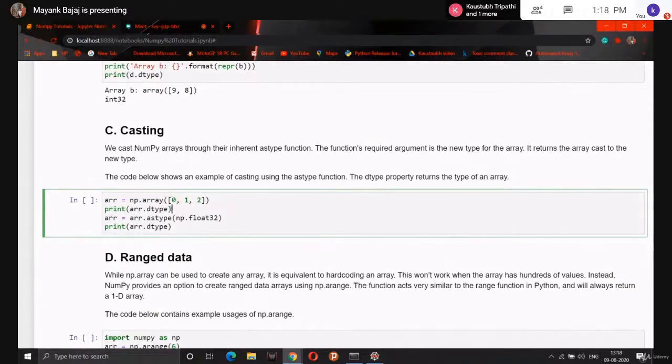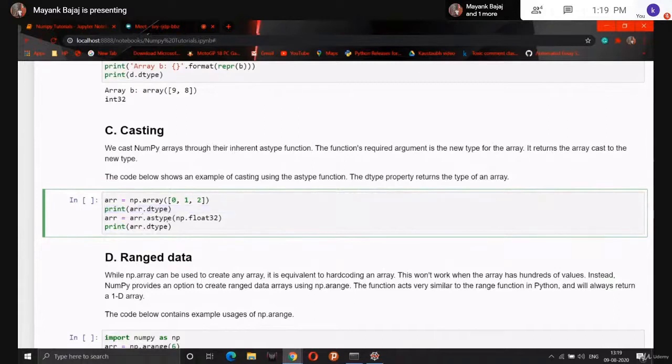Can anyone tell me which data type will be printed as an output? Guys, in the chat section, can you write what this array.dtype line I am highlighting will print. I had told you above also, this example. Yes, many of you are giving the right answer, integer, int. Int32 will actually be the answer, but int is also right, as I told you, we are not focusing now on the bits and bytes it is taking. Good answer by everyone.